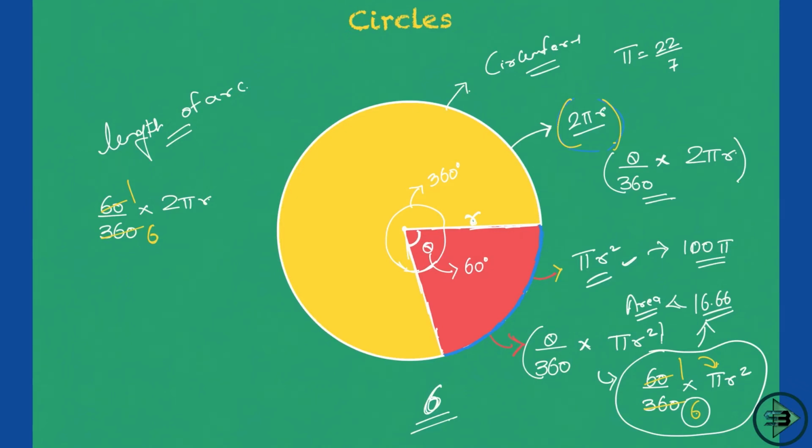Okay, so we know 4 things here now: area of the sector, circumference, and length of the arc. These 4 things are quite clear to us right now. Okay, what after that you get in a circle? Now let me just draw something like this.